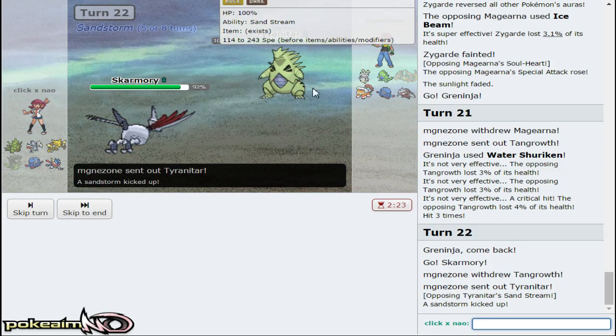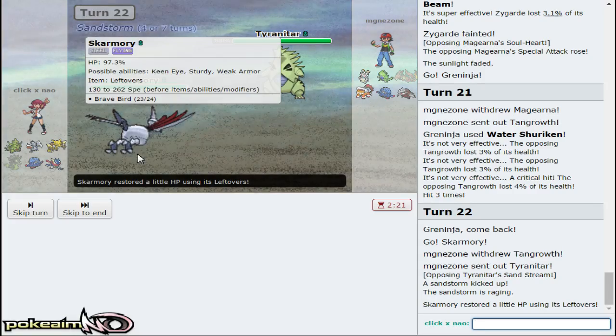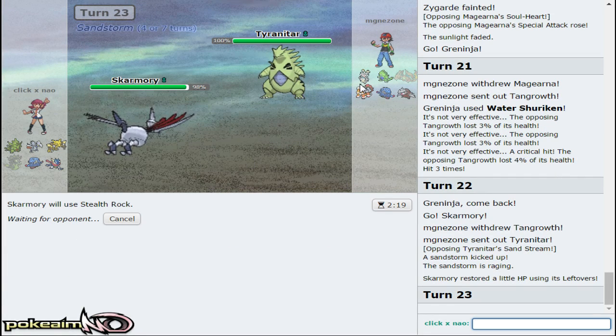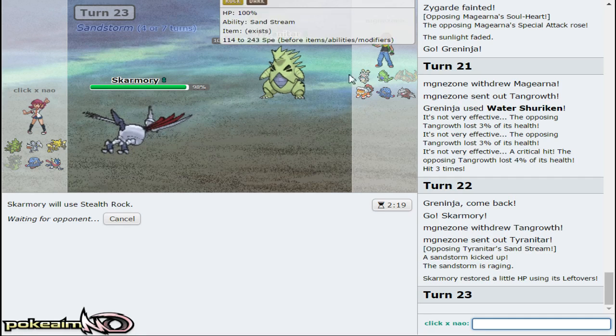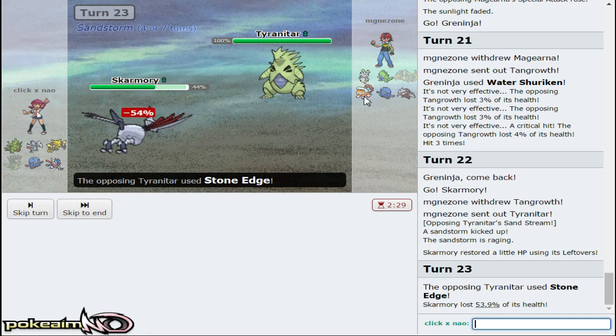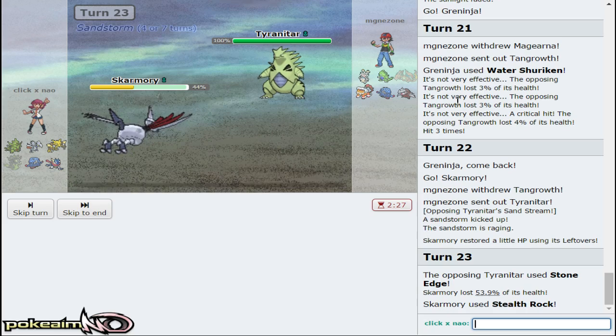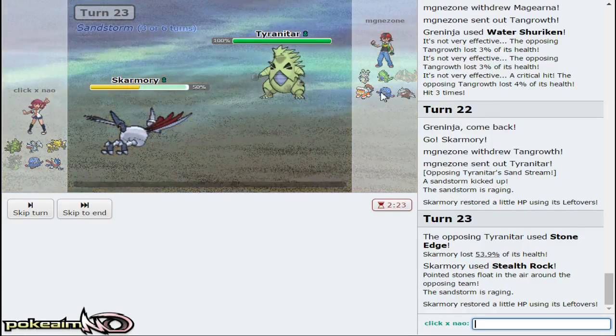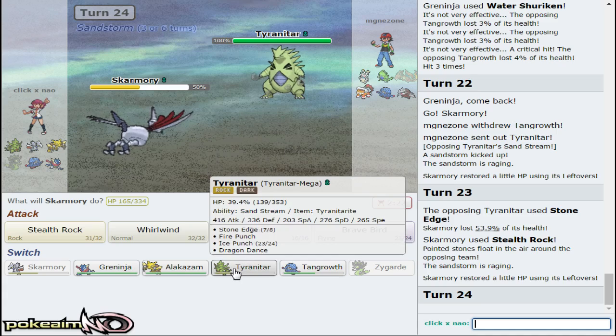Correct. This is definitely not Mega, and if it's banded, I'll deal with it. I want Rocks up though. I'm tired of his free switches. He's probably tired. This has to be Rocker. I mean, actually his Rocker is Landorus, but... Oh, nice. Nice banded Tyranitar. Rocks are still very important though versus this guy. My own Tyranitar is seeming less and less important, so...